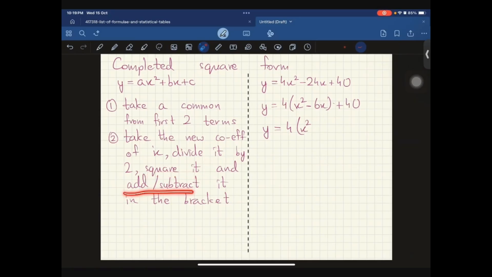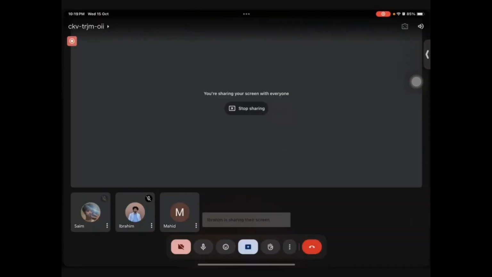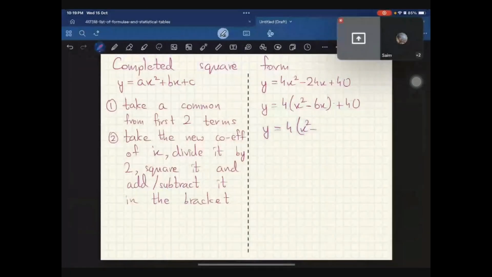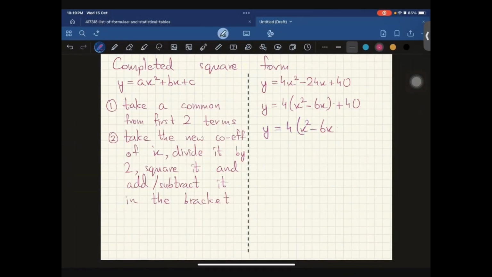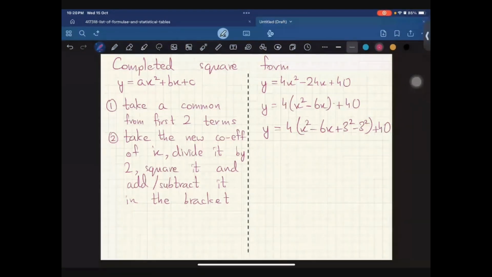The next point is that you add and subtract it in the bracket. This was our bracket. We have to add and subtract 3 squared inside the bracket. That's how you add and subtract 3 squared inside the bracket. So we've added and subtracted inside the bracket. Now the next step is